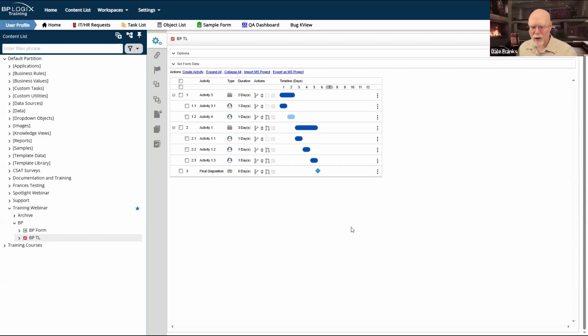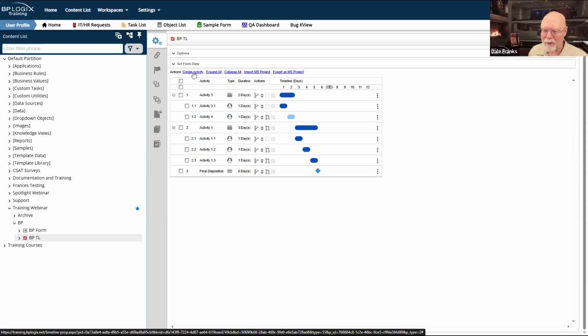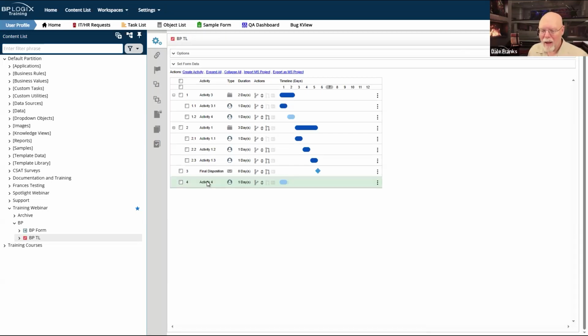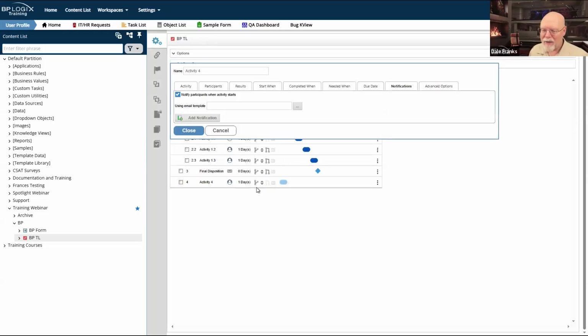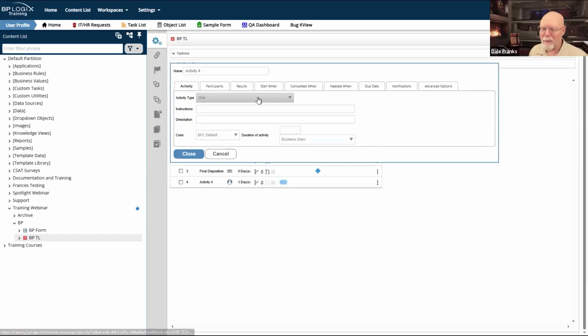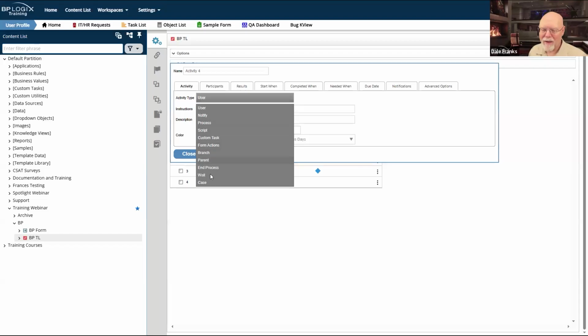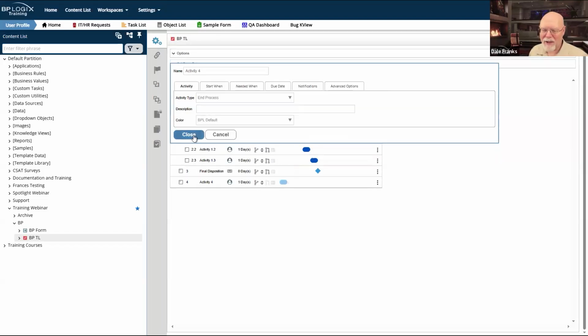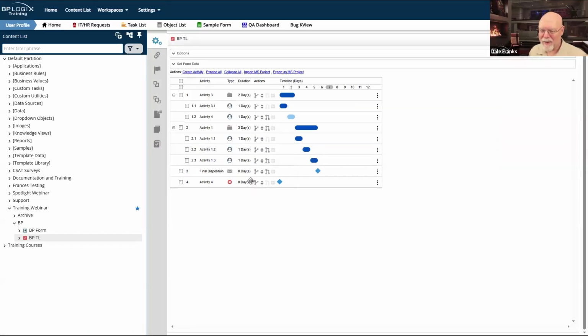Final thing on process timeline, and since it's 11:52, I guess our final thing today. We are just about best practiced out. I often see at the very end of a process timeline the end process activity. I see it on a lot of customer sites where I go in and I look, and the very last activity is the end process activity.